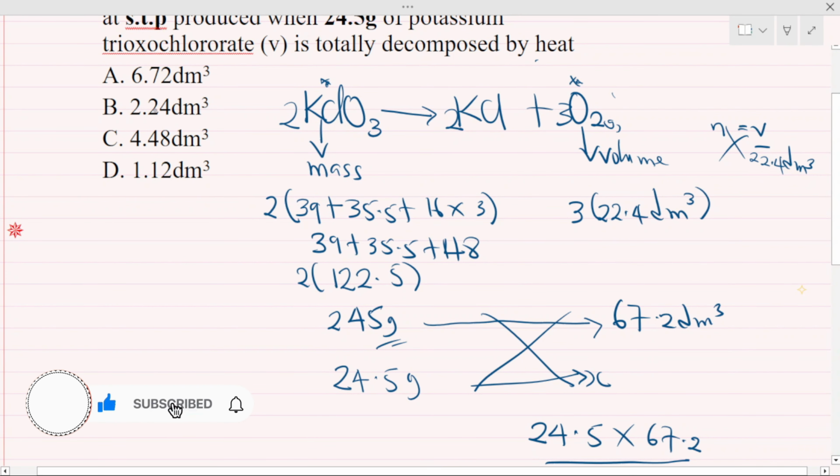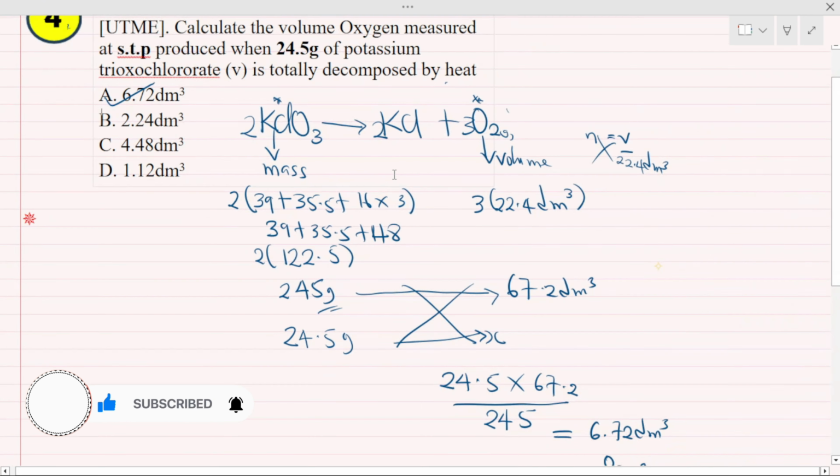So let's quickly check what the answer is. So the answer is also A. Can you see? Did you get that before me? Quickly look at